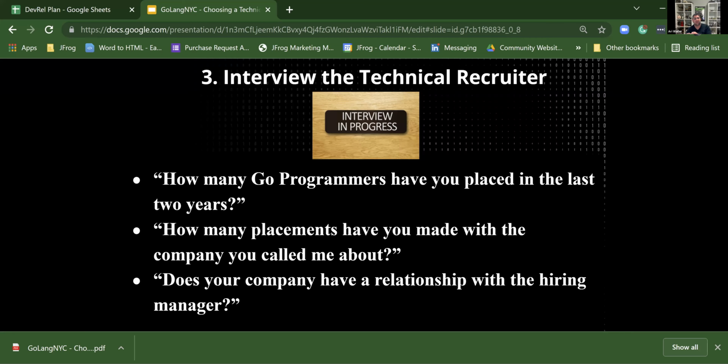So they're not just representing a job description, they're truly representing a career path. And that's something that should be considered in their credibility. Does your company have a relationship with the hiring manager is also a great question. Are they just getting it from some vendor management system and then the recruiters are just dialing